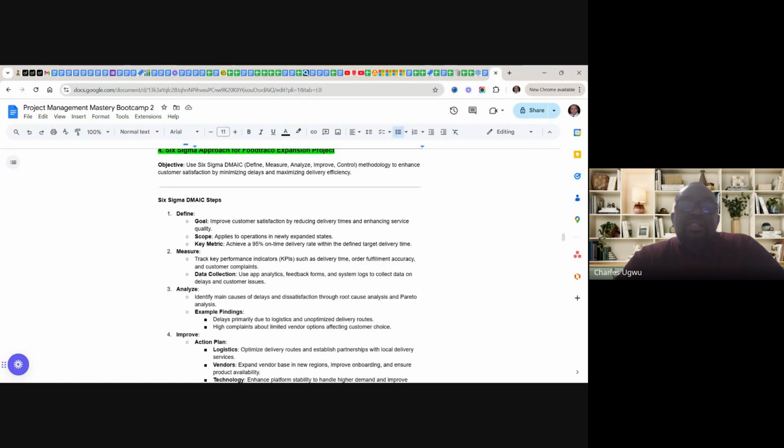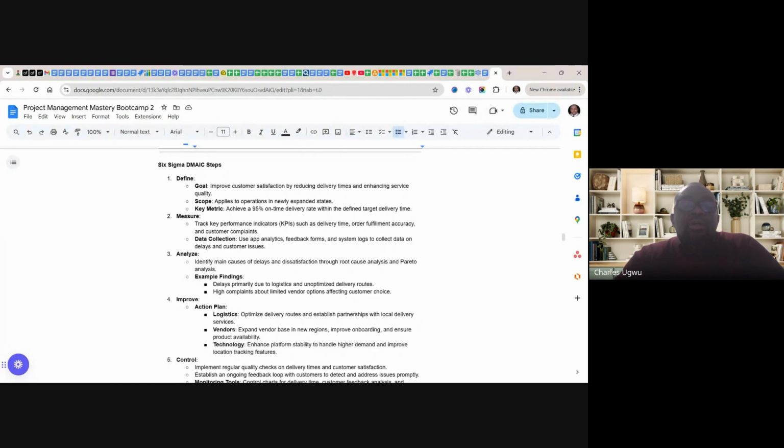And metrics is to achieve 95% on-time delivery rate within the defined target delivery time. And measure, track performance indicators such as delivery time, order fulfillment accuracy, and customer complaint and data collection. Use app analytics, feedback form, and system log to collect data on delay